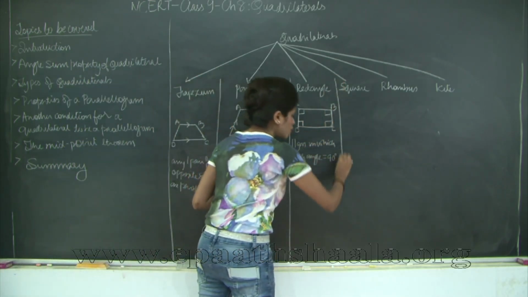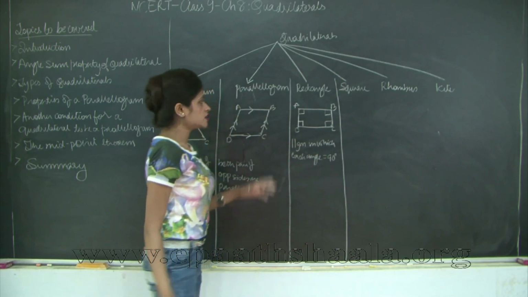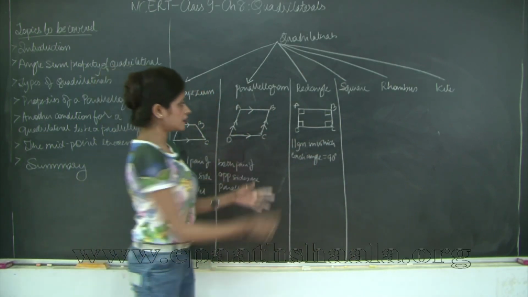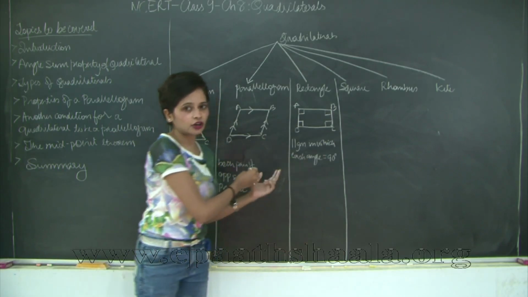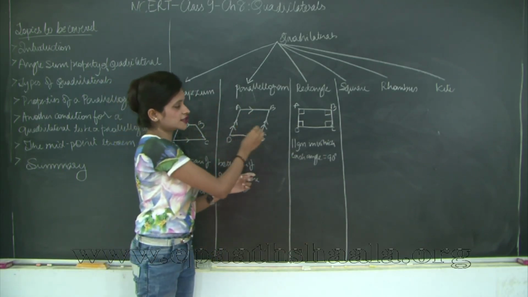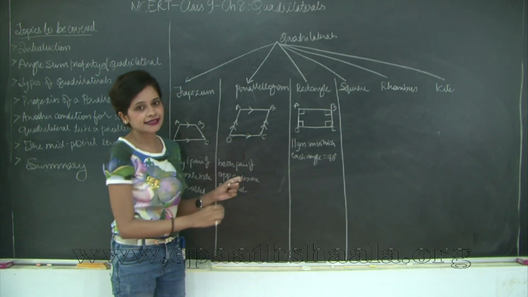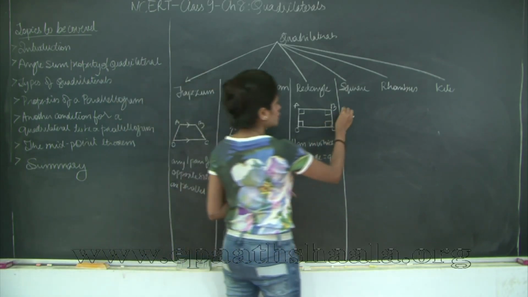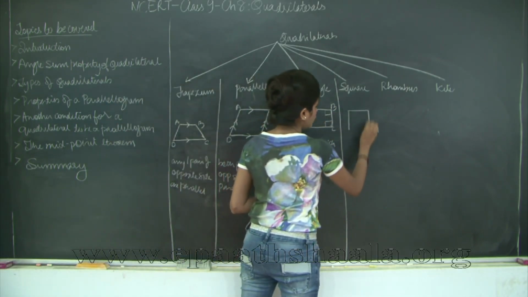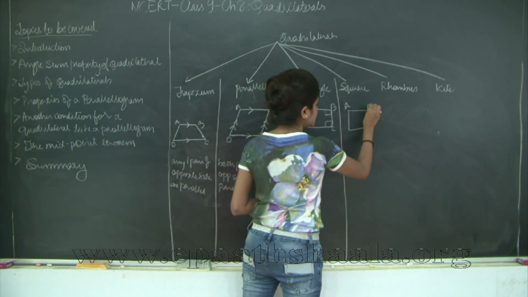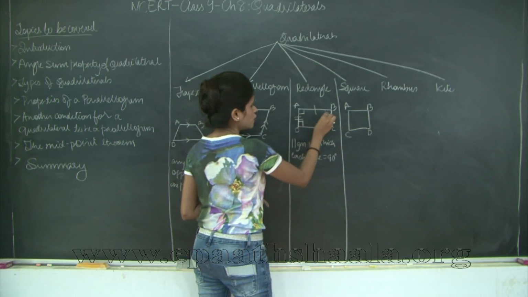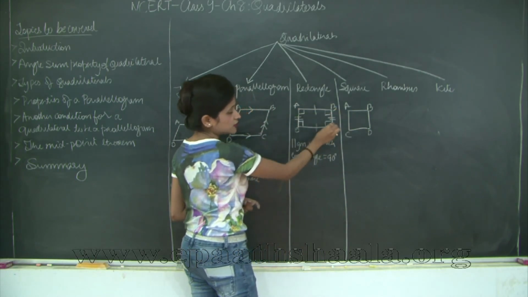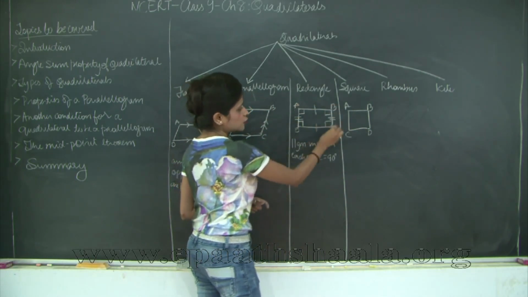Let's move on to square. What do we know about square? Square is again going to be a rectangle in which each side is equal. A square is a parallelogram in which each side is equal and each angle is 90 degrees. So if I have my square ABCD, first of all, for rectangle, let's mark the congruent sides. This means AB is equal to DC and AD is equal to BC.